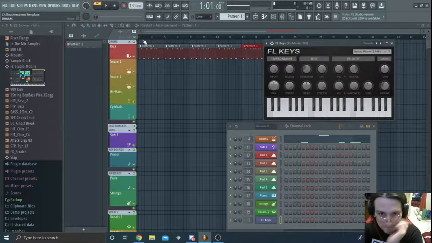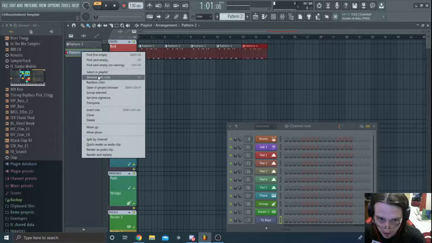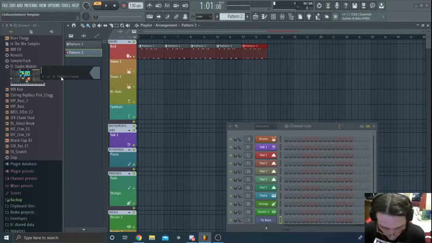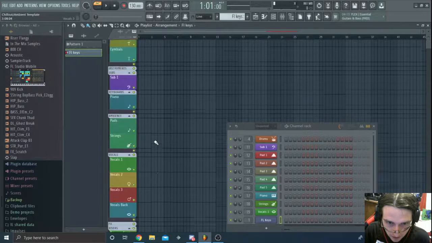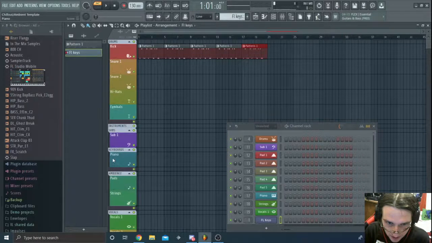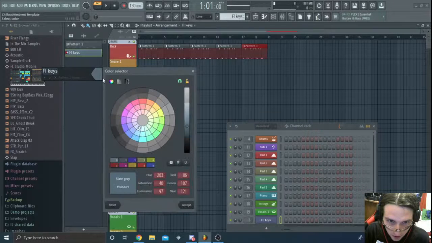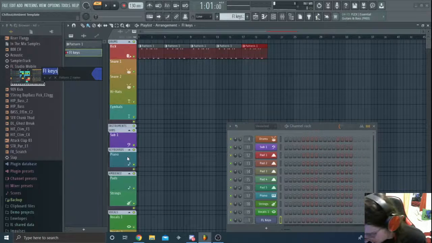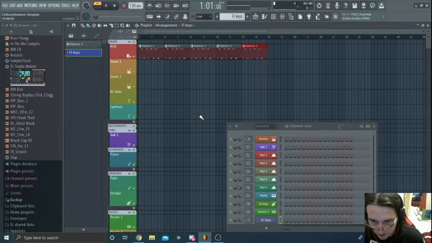But you know what? Let's do it. Let's do it. But how do I... Wait, random color? That's not a random color. Renaming color. Okay, so... FL keys. Okay, but I want to make it a new color. Oh, maybe this? Maybe make it teal. And color, let's make it teal. I don't know why, because the default on here looks teal. FL keys for the pianos.